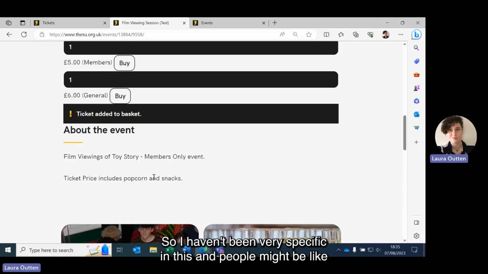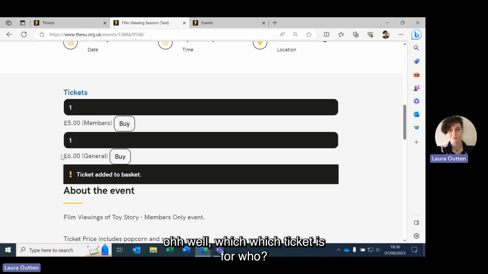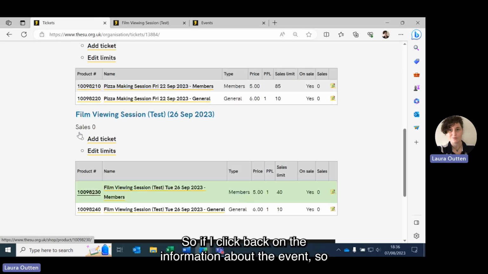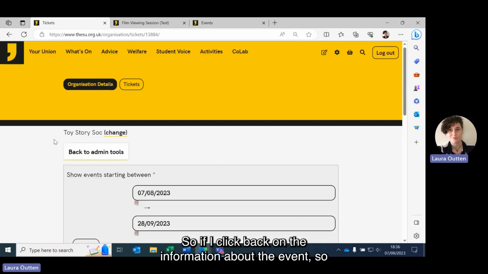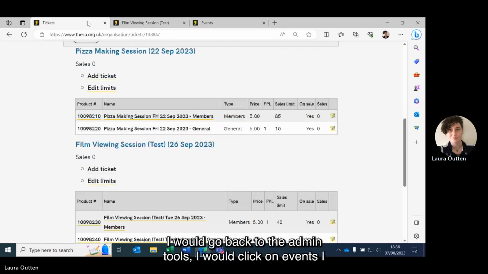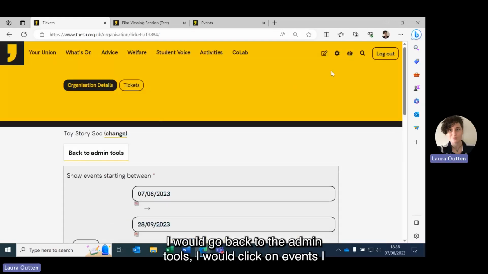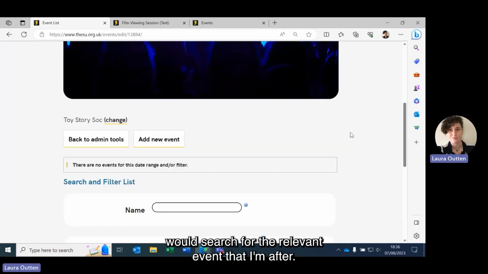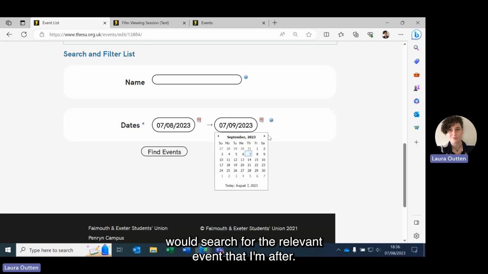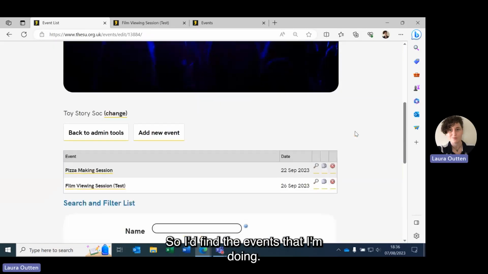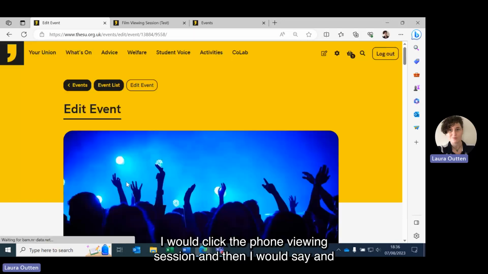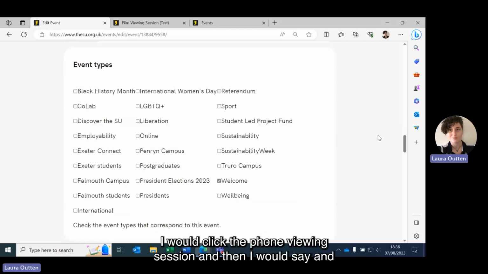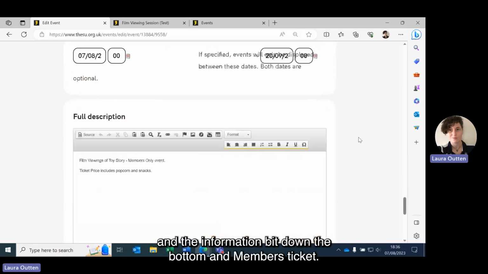You might actually, so I haven't been very specific in this, and people might be like, oh, well, which ticket is for who? So I might edit this information here. If I click back on the information about the event, I would go back to the admin tools. I would click on events. I would search for the relevant event that I'm after. So I'd find the events that I'm doing. I would click the film viewing session, and then I would say in the information bit down the bottom,